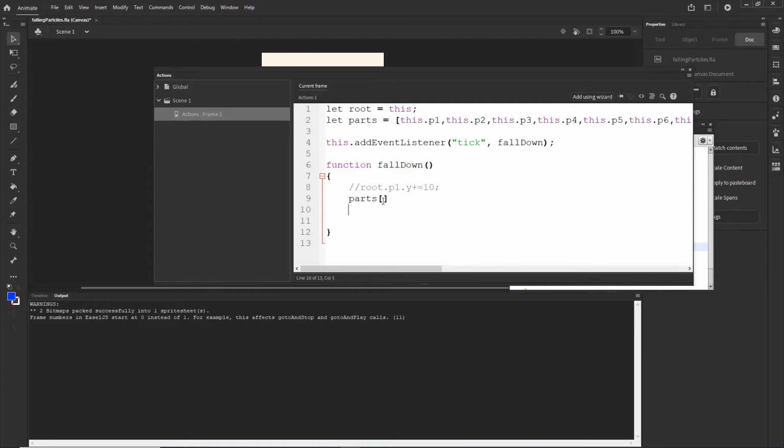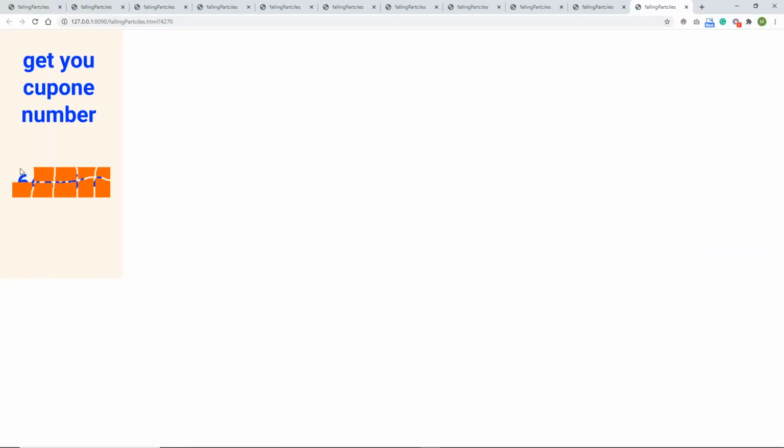Okay, but yeah, parts, and here is going to be a number. I will put 0, and in the second I will explain why I put there 0, and I'm going to type y is plus equal 10, and I will hit Ctrl Enter, and the first one is going to be